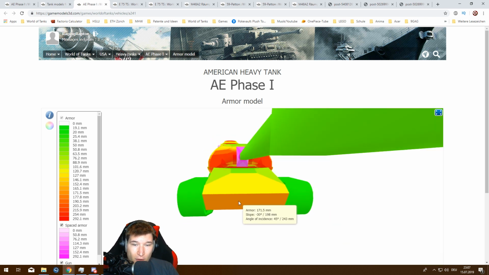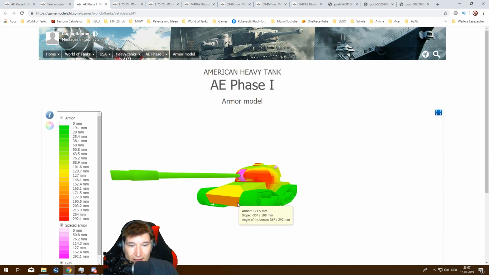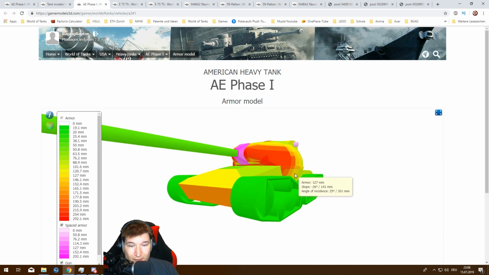But I don't suggest to go for the gun mantlet. What I suggest to go for is obviously the lower plate if you have the ability, or if this tank is angling, maybe go for those side plates, depending how the angle is, as they tend to be the weakest. Maybe even try to go for the furthest out corner of this turret ring, because you can see